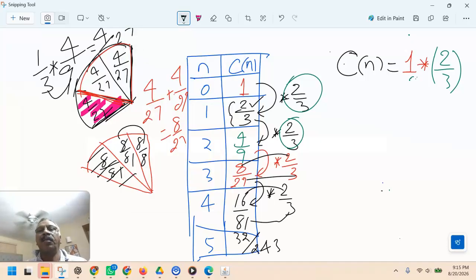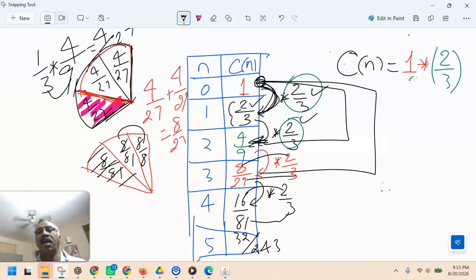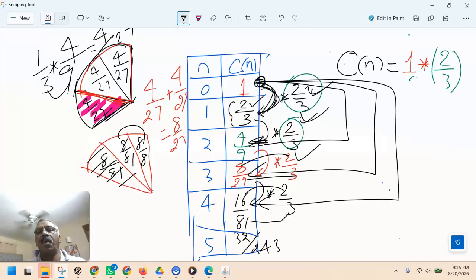From here to here you multiply one two-thirds, but from here to here you multiply two of them, 1 and 2. Then from here to here you multiply three of them, 1, 2, and 3. And from here to here you multiply four of them, 1, 2, 3, and 4. And that's why if this is n, if there is an n here, so depending on how many,